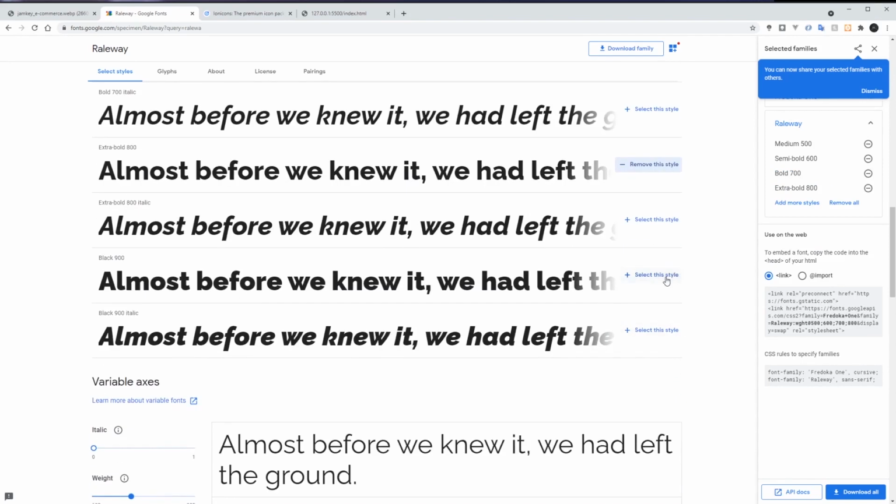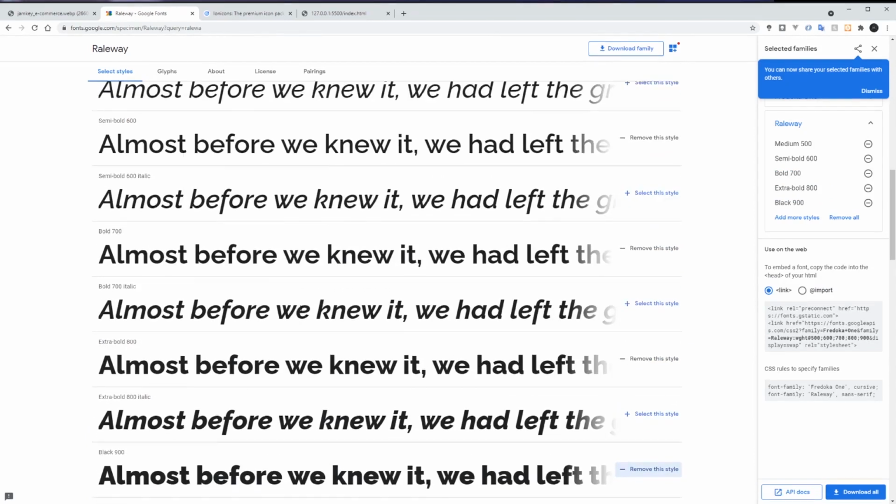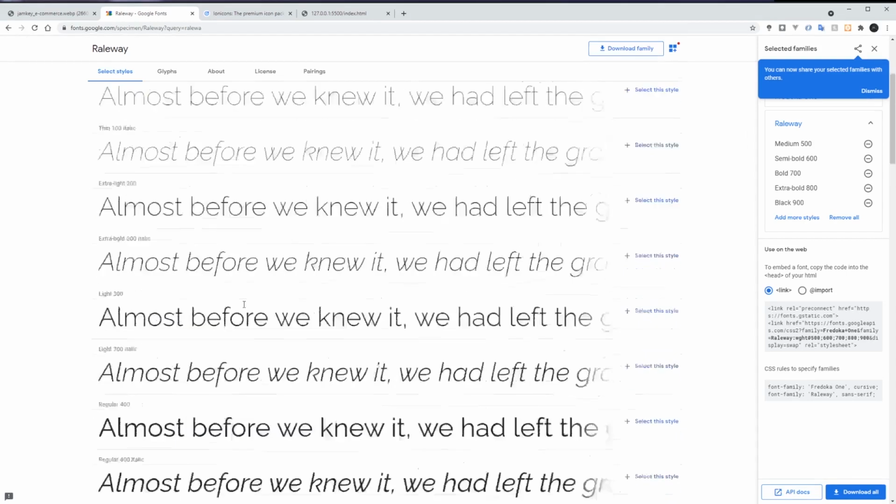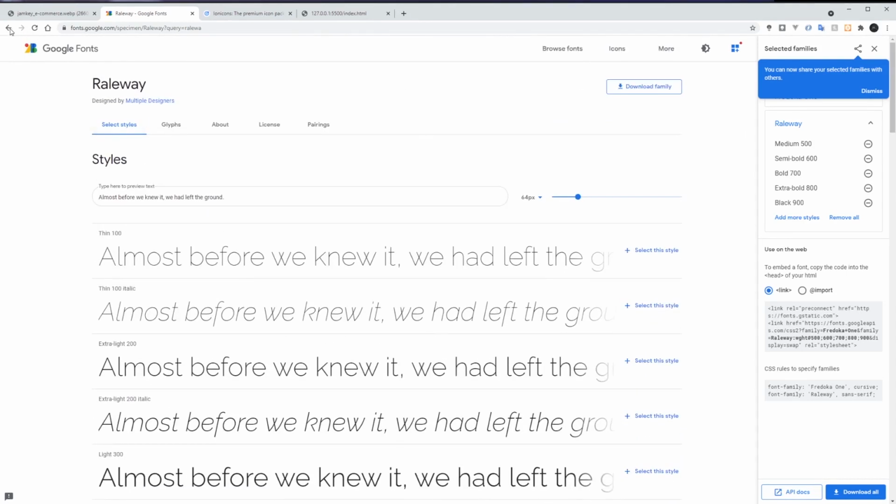And note, when you select this font, don't select the italic ones, because normally in CSS you use the italic style to slant your text. So don't just select all of them. Just select the major ones you need. Okay, so I'll go back again.